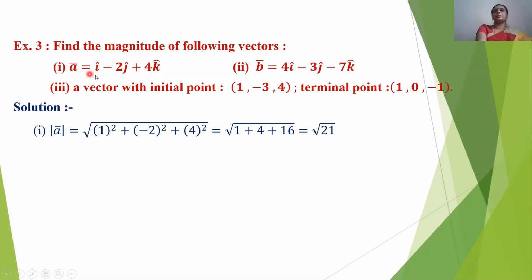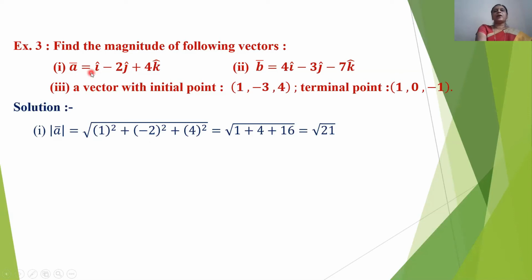If component of i is x, component of j is y and component of k is z, then magnitude of a bar is under root x square plus y square plus z square. We have seen that formula in our previous lecture. We will use that formula. Here you write down mod of a bar. Magnitude is always written in the mod. Therefore mod of a bar, or you can write simply a, is equal to in the square root,